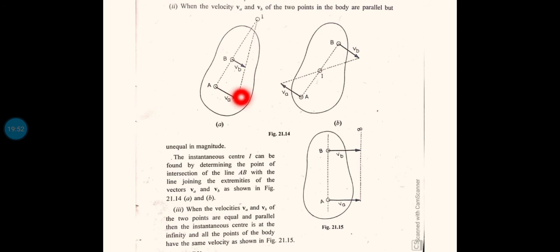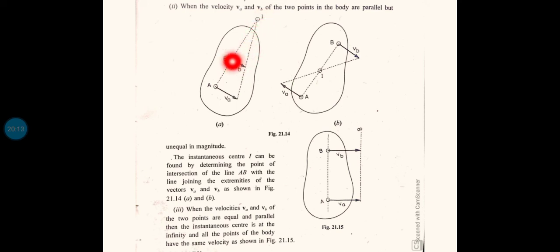So the method you have to follow is, first draw the velocity vectors in magnitude and direction through the known points, and draw a line joining both points A and B. Now through the ends of the velocity vectors you can draw a line. Now these two lines will be meeting at a particular point. That point will be the